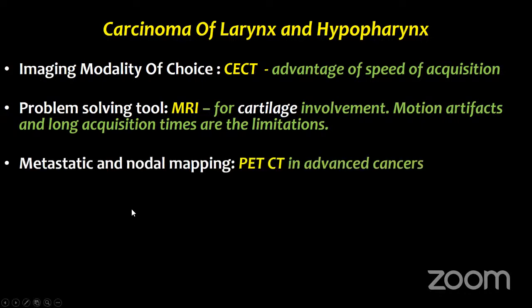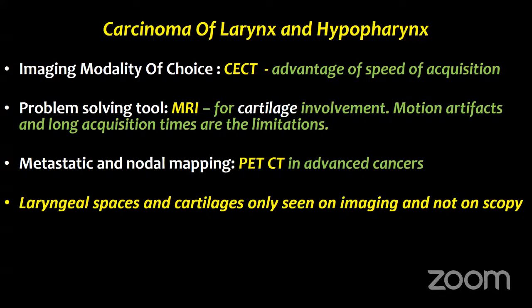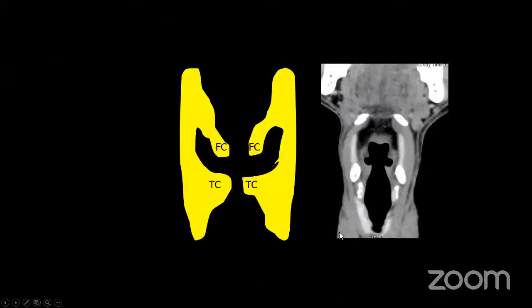Given that the hypopharyngeal malignancies are quite aggressive, they have a large nodal burden and can be advanced. In such cases, PET-CT or NCCT thorax can be added onto the staging workup of these patients to rule out any pulmonary metastasis or bony metastasis. So, what are the key spaces we will see in the anatomy which are important and seen only on imaging? Starting from how do we divide the larynx?